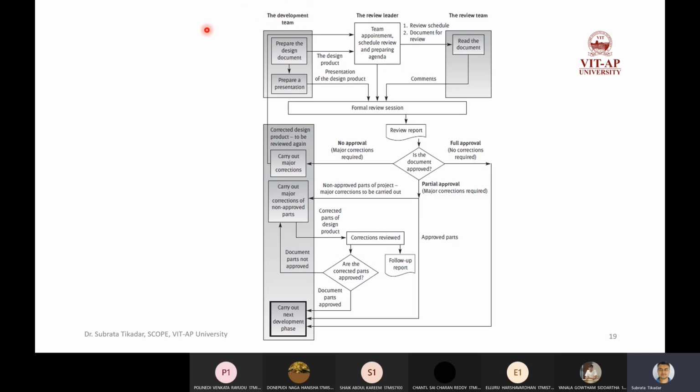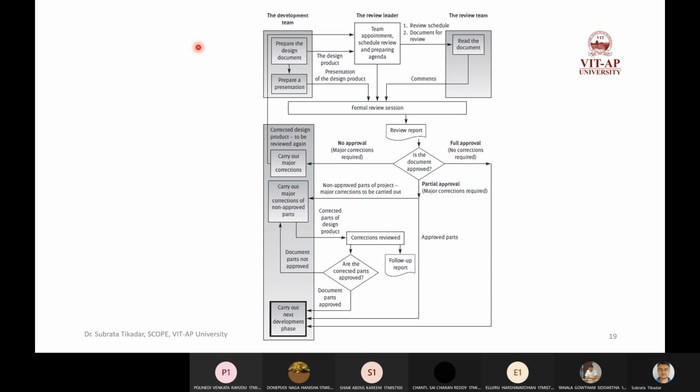First is the development team, the software development team, the review leader, and the review team. Now I am repeating once again, this review team and the development team are entirely different. Development team means who are developing the software project, and review team means who are reviewing the current document,